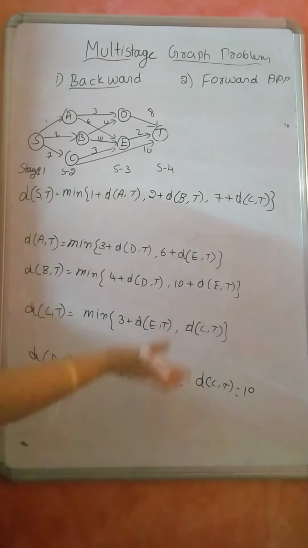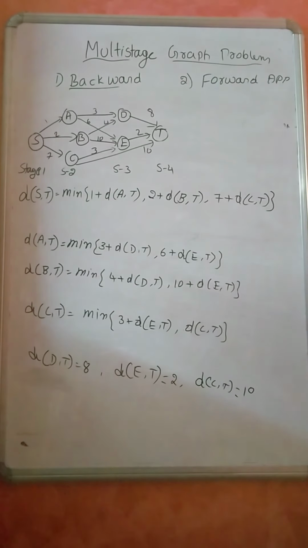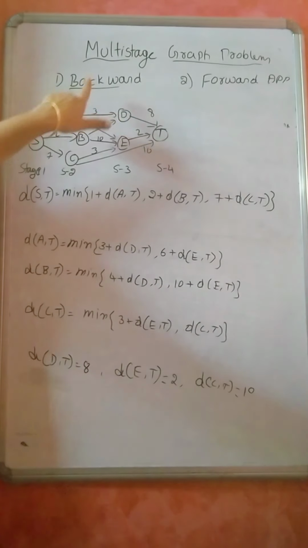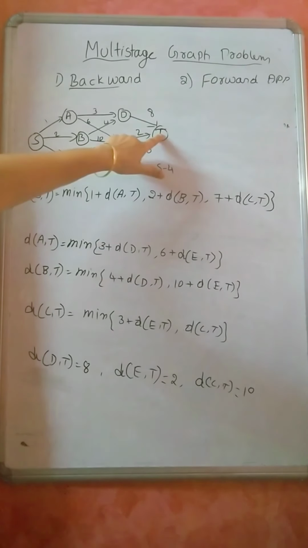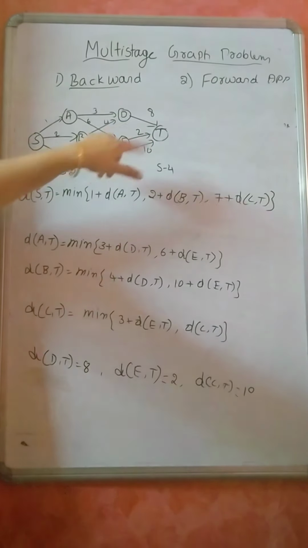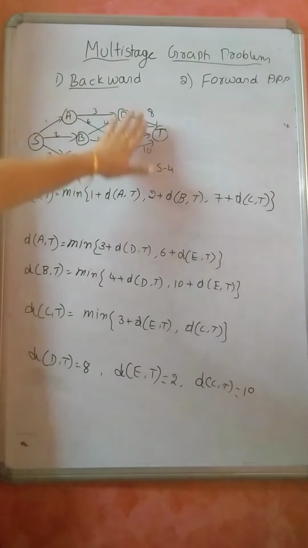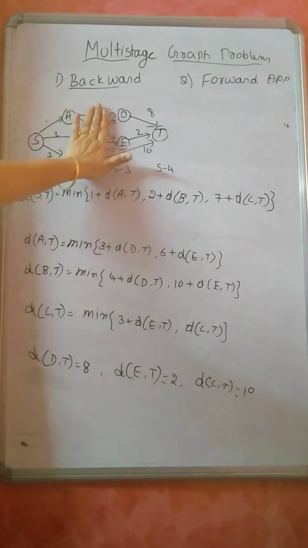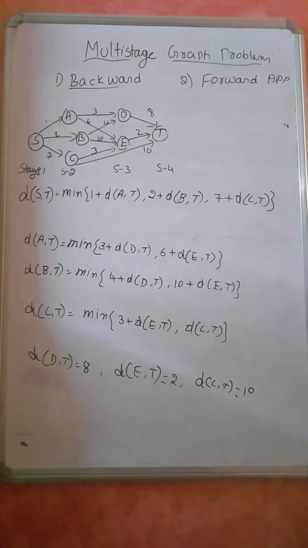Now substitute this one for this. So that is called as a backward approach. So initially which distance I am computing? The last edge distance. Then I am using this one in order to check the distance from A to T. And B to T, C to T. So backward approach. Initially I am calculating this last edge distance. Then I am substituting them for this. Then I am substituting this for this. Like that, we are going in a backward direction. Got it? So now substitute.